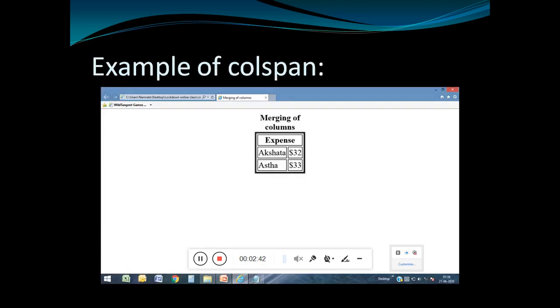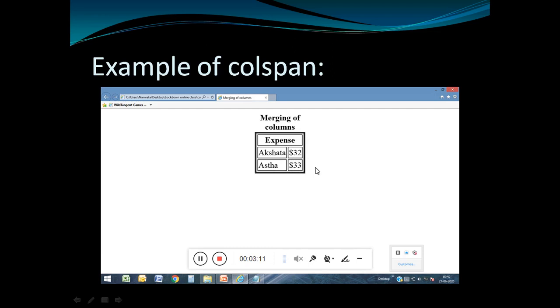Next we take one example of merging of the columns. So simply see, this is your merging of the columns, a heading given to your table. First of all, you have to find out how many rows are there in the table. So see how many rows are there. Expense is one row. This is a name, that is Akshata, and $32 is the second row, and the last row, that is Asta, $33.